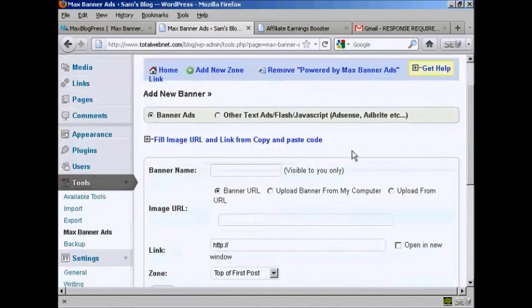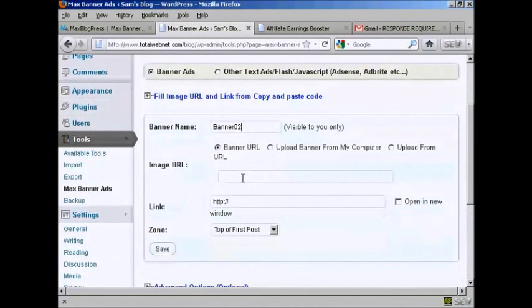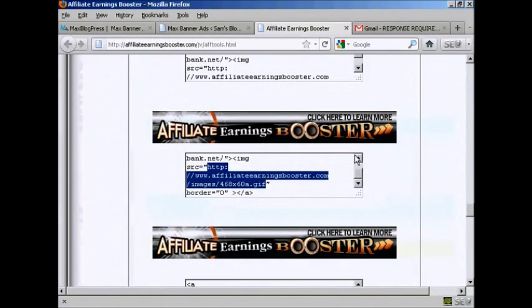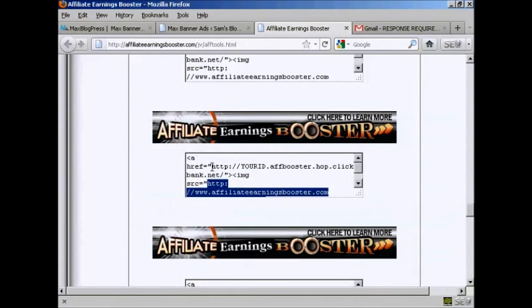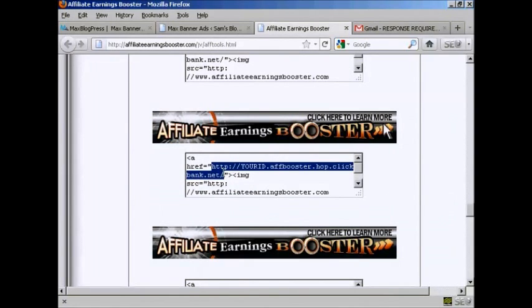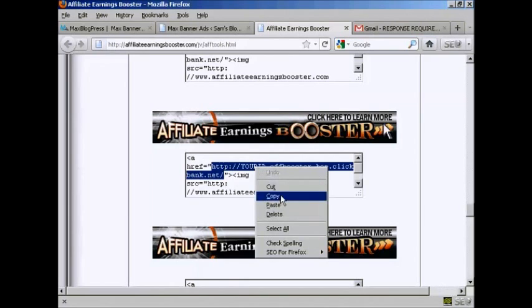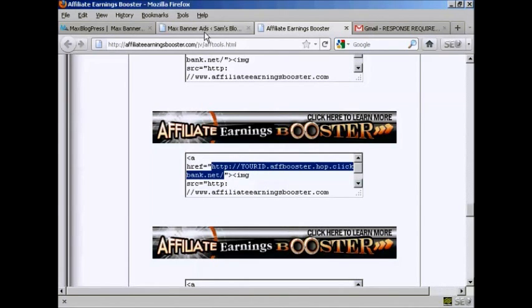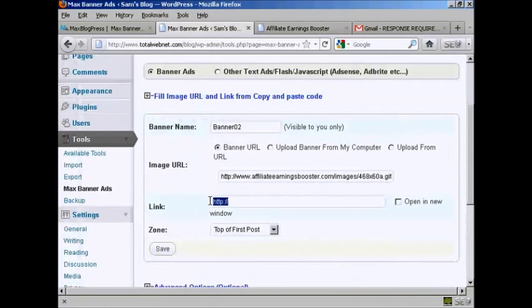We're going to call this banner 02, and again paste in the image URL, and then paste in the link, which again, if this was for real, I'd put my ClickBank nickname in there. So again, copy, and then paste in, and again I want it to open in a new window,